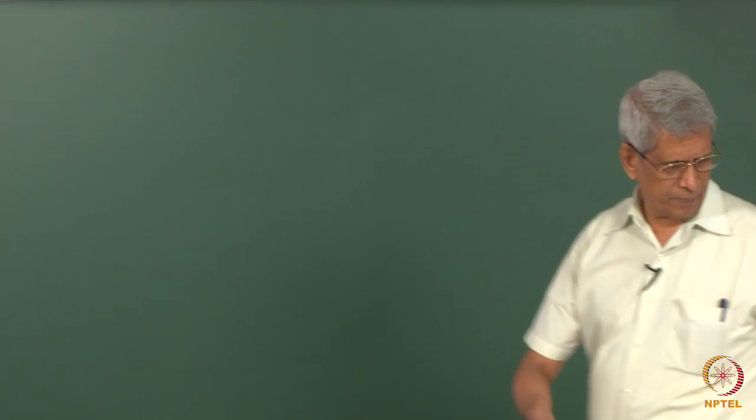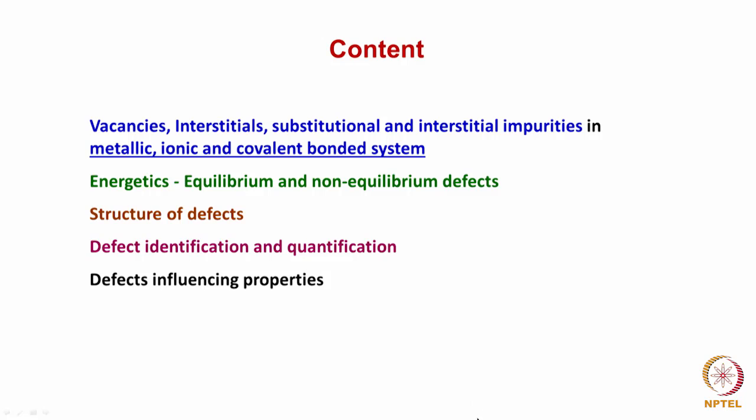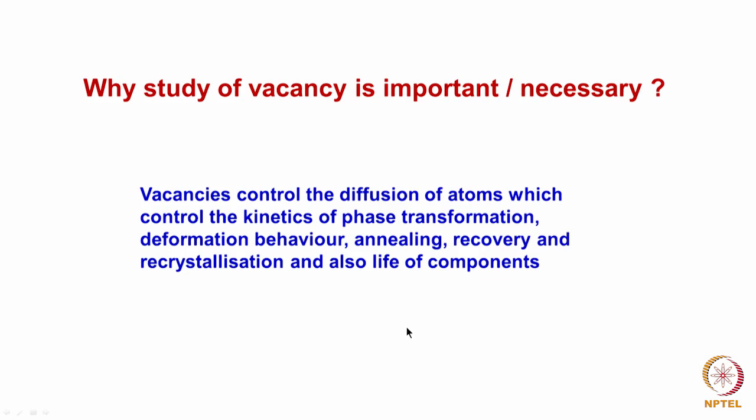That is what is very important. So, that is why the study of vacancy generation in the material and how the kinetics of vacancy movement is very important. Before we go into these details, let us just look at